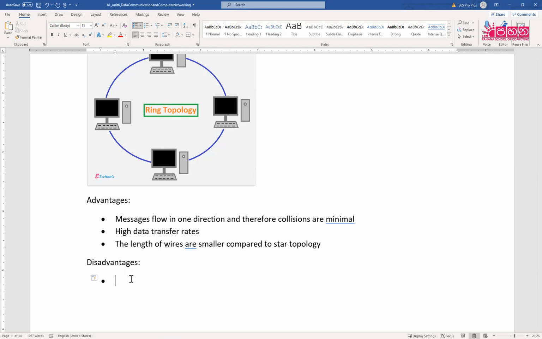Now tell me, in bus topology, when does the network fail? What is the crucial part in the network in bus topology? Nimesha, yes. The network fails when,